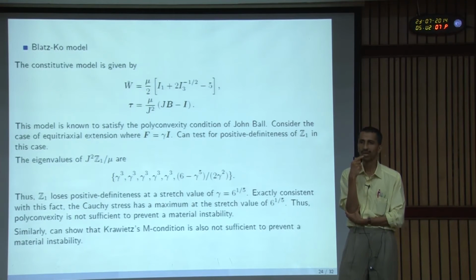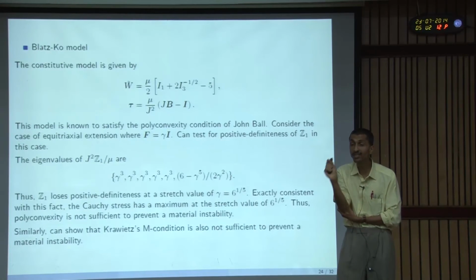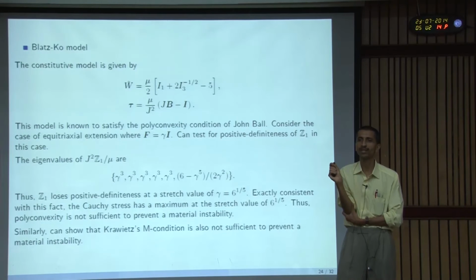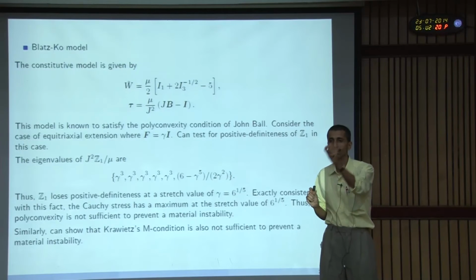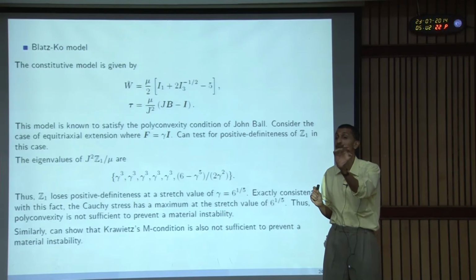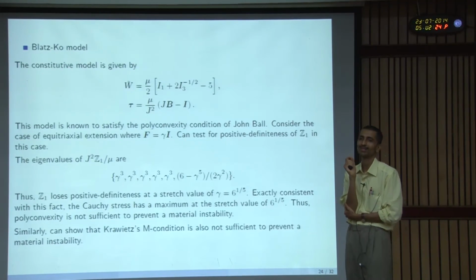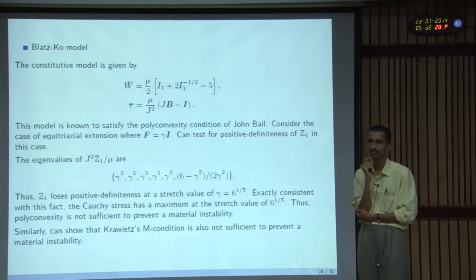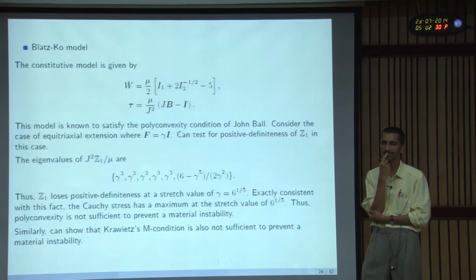What I am trying to say is that polyconvexity still cannot say that there will be an instability at this stretch value. That it cannot say. Here we are proposing a criterion that says that at this stretch value, the positive definiteness is lost, and this is where the material becomes unstable. You are absolutely correct, but I do not see a basis for this criterion. As I said, I start with the Leibniz notion of stability, from where I can systematically prove a sequence of sufficient conditions. That's why I am asking whether this is a conjecture, both sufficient and necessary.